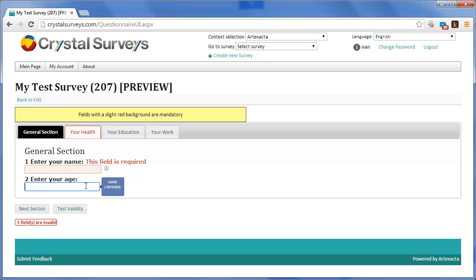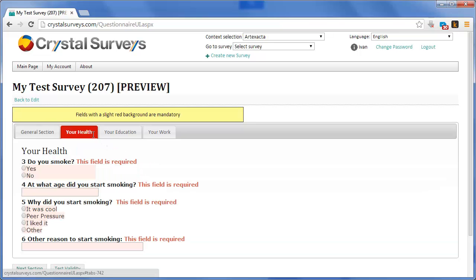The problem with this questionnaire is that I can enter into this field any number, let's say 572. And this is clearly not a reasonable answer for an age question. So I need some validations that will make sure that whoever's entering data into this questionnaire does not enter unreasonable data. If I enter a reasonable number into this field, like 30, and I go to my health section, you